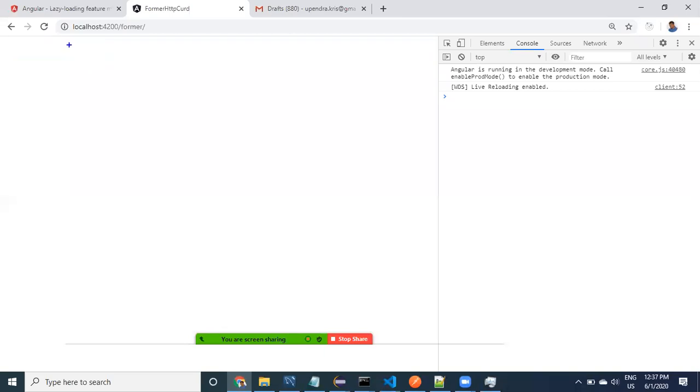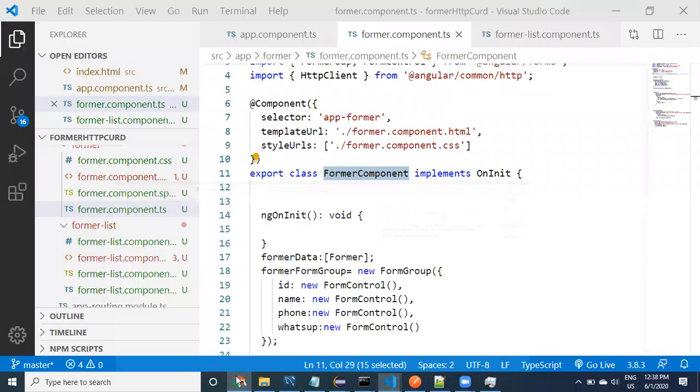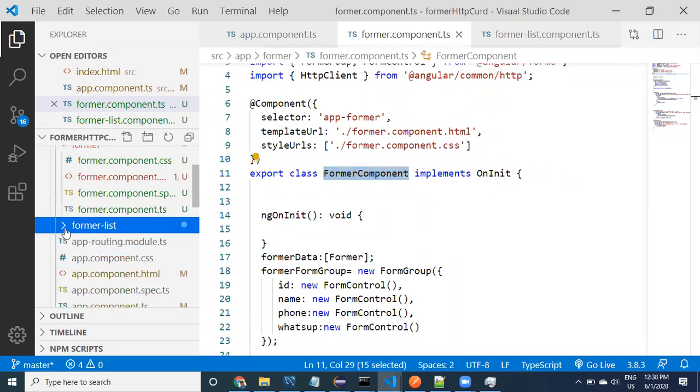Let's take one particular link or button, a get all button or farmer list component. Whatever discussion we are doing, don't worry about all these things. I'm just doing it randomly.